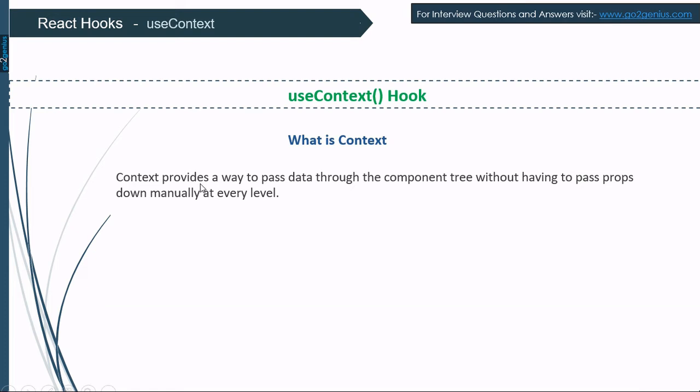The Context API provides a way to pass data through the component tree without having to pass props down manually at every level. So let's try to understand this definition by the image diagram.